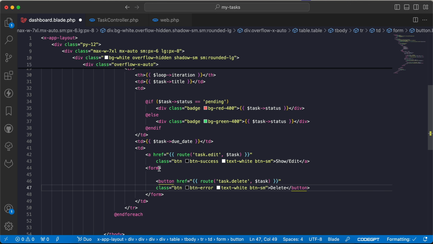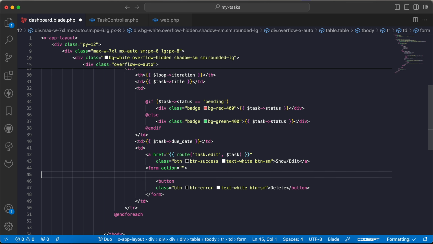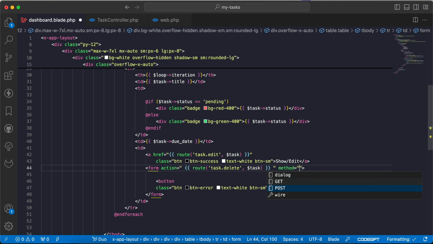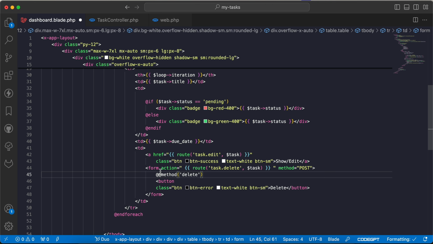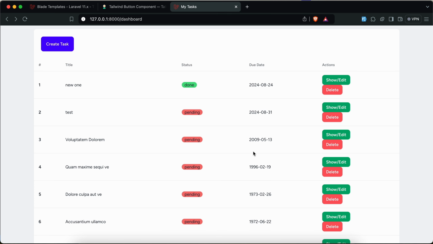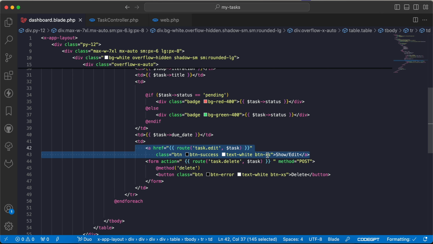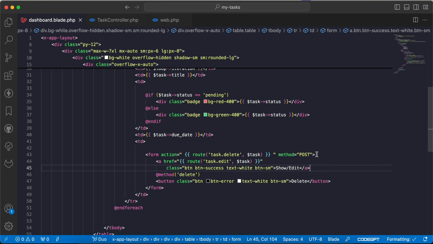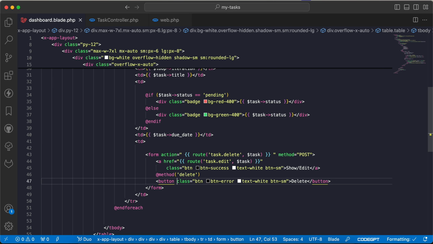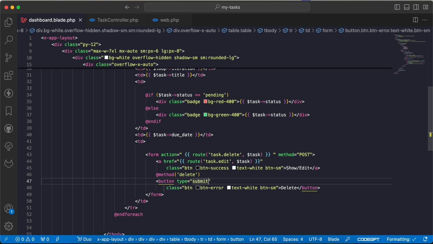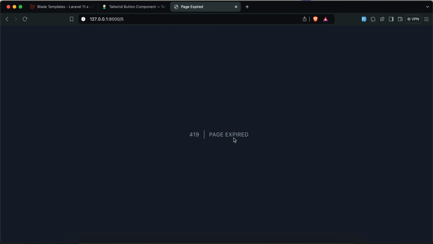Simple form. We can say action. Let's take it completely, right? And I will say task.delete, method post, but here I will say method delete. Refresh. I think the problem is because I created a form, so let's keep it small like this, and we will embed the edit show inside the form. Yes, that's great. Okay, that's fine. Now let's set the type to submit, refresh, delete, and we have this error,